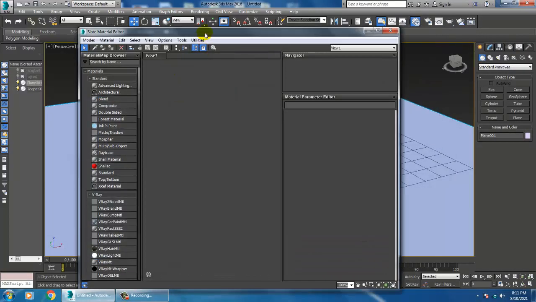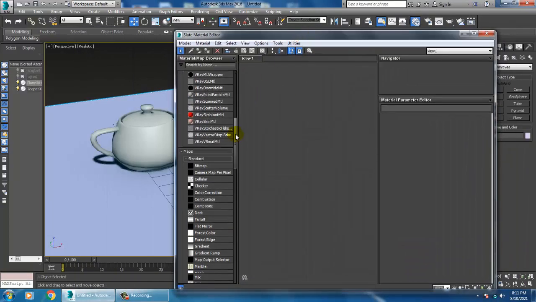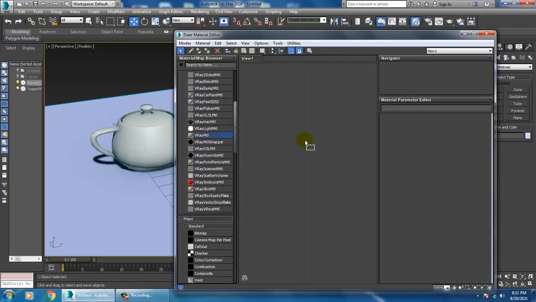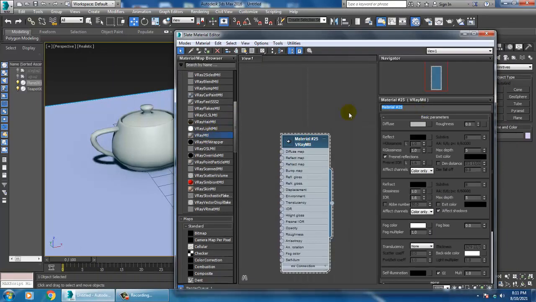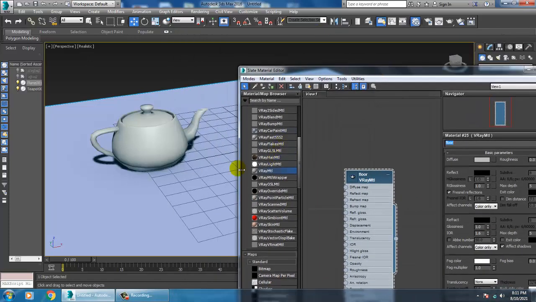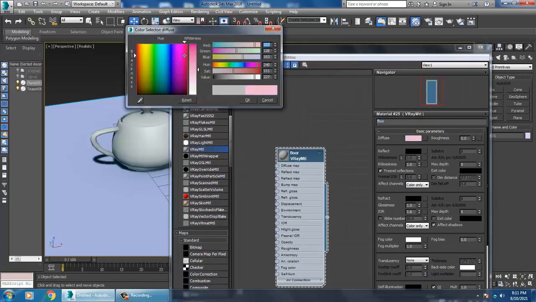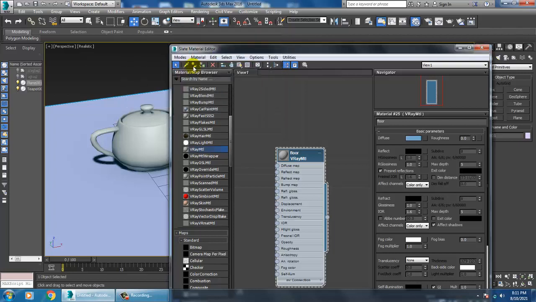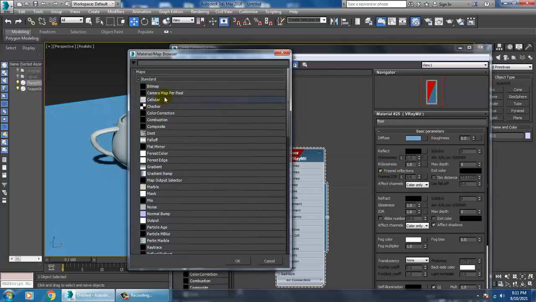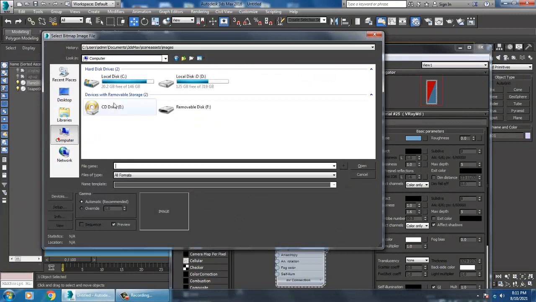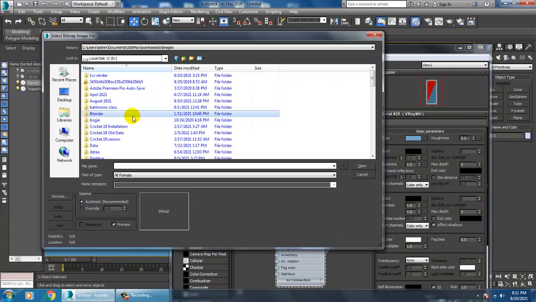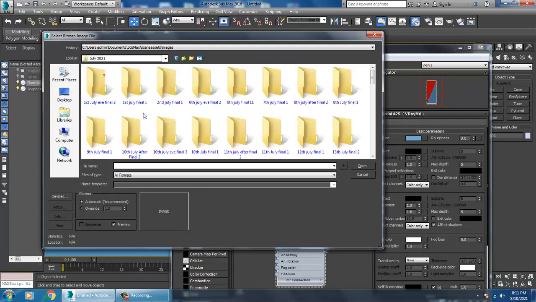So this is the node based editor. Let's go into this and let's take a V-Ray MTL, that's a V-Ray material. You can rename it as floor. Whenever you talk about diffuse, diffuse is a color. If I take any color over here and assign material to selection, you can see a color. Let's put a texture. Let's click on this diffuse bitmap and let's just assign a texture over here.